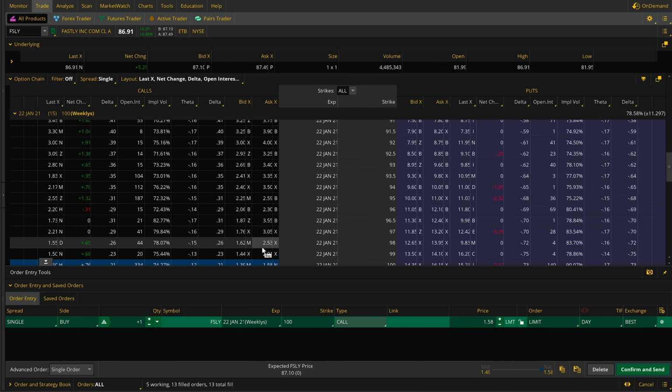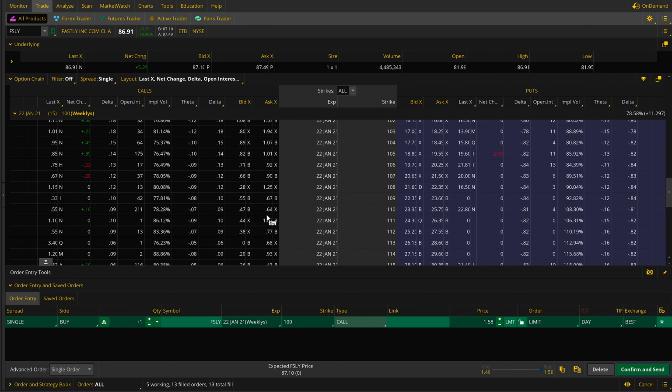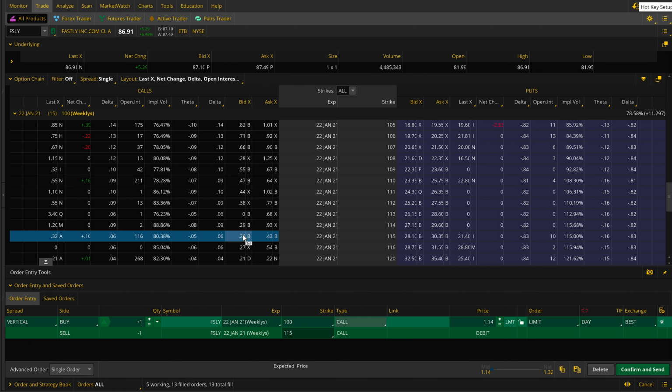And as you know, I do my best to try to minimize costs. So I like to sell something against it, and something that's got some decent premium that still allows me to capture a juicy profit zone would be the 150 strike. So I can try to sell one of these here, and right here the cost has now been reduced to roughly $1.14. That's not bad, but I wonder if it can be cheaper,